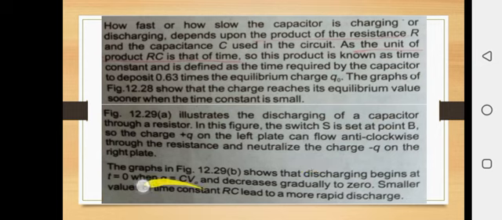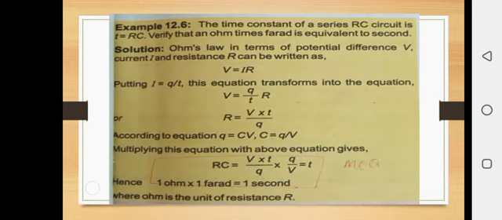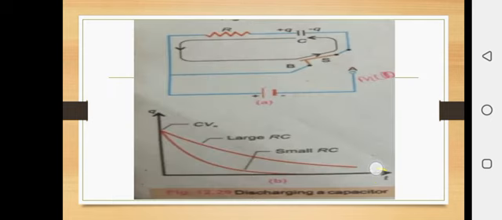Smaller values of the time constant RC lead to more rapid discharge. Smaller value of time constant RC. This is the product of resistance and capacitance. Its small values show rapid discharging. This is also an MCQ. So when a question comes in your test, in your paper, draw the graph between Q and T for discharging a capacitor. Then you can draw this graph.